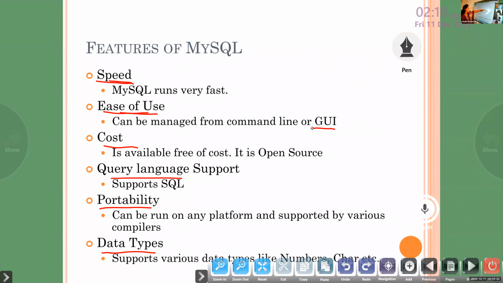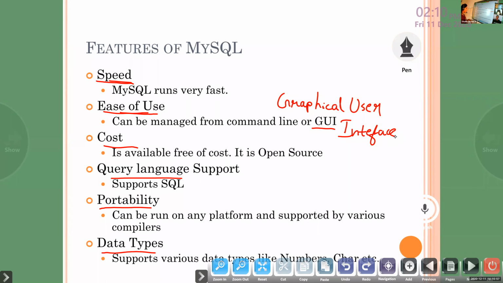GUI means graphical user interface. Any front-end software; almost all front-end software will be graphical user interface software. It's free of cost. It supports SQL. Portability: it works in any operating system.